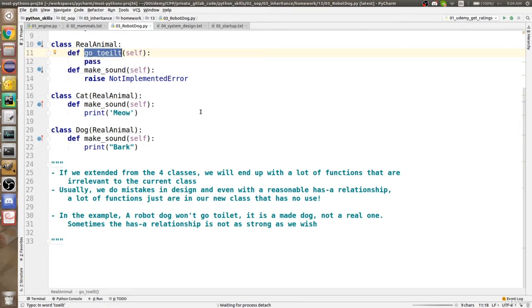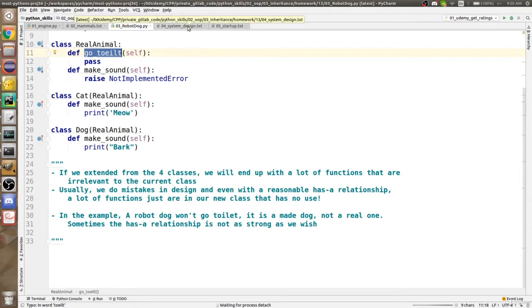This is going to happen if you inherit from a class that isn't a strong "is a" relationship. When we say a circle is a shape, this is a perfect inheritance relationship because all of the functionality of shape is mine. I can use it. But do not inherit from a class if you don't strongly utilize all of its functionalities. Otherwise, people will misuse your class.